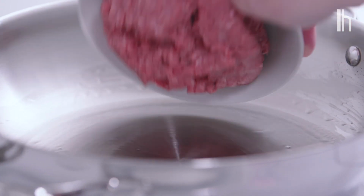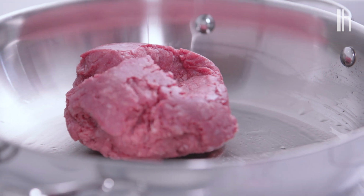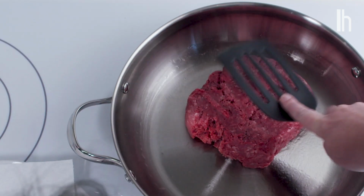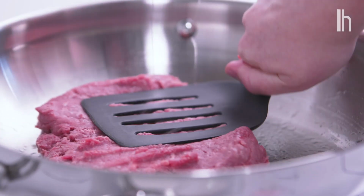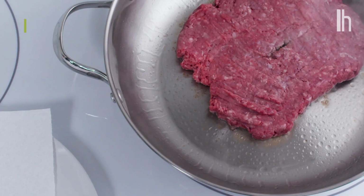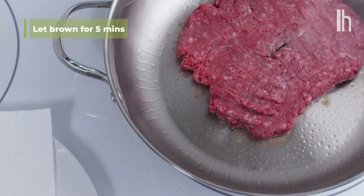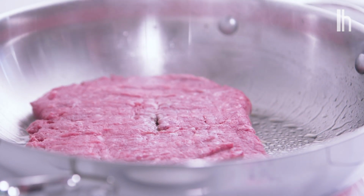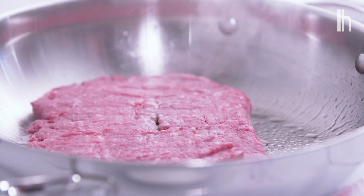Once the oil starts to shimmer, we're gonna take our beef, and then you're just gonna take a spatula and smash it down. Then you just wanna leave it alone for about 5 minutes to let it brown. A lot of people make the mistake of constantly stirring their ground beef. This releases moisture and it ends up steaming the beef, and you get gross gray beef instead of nice, warm,